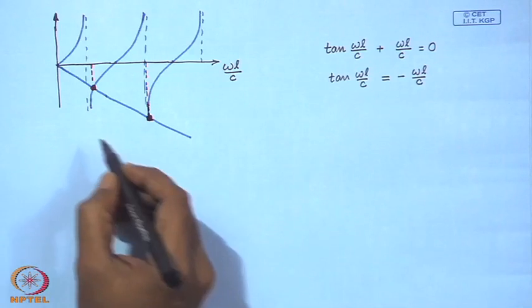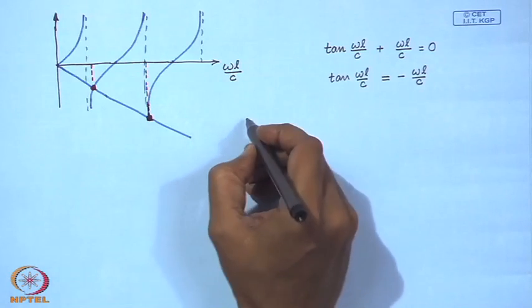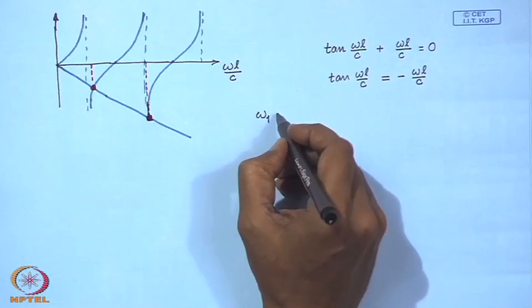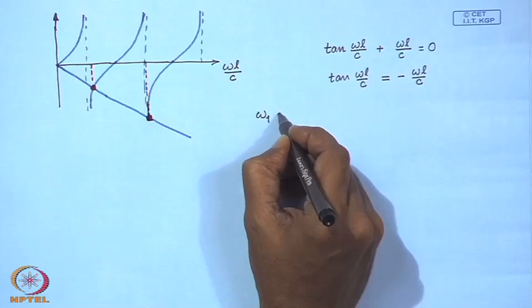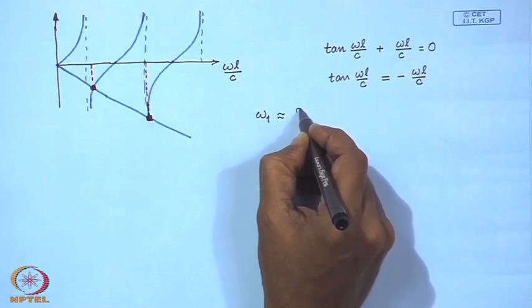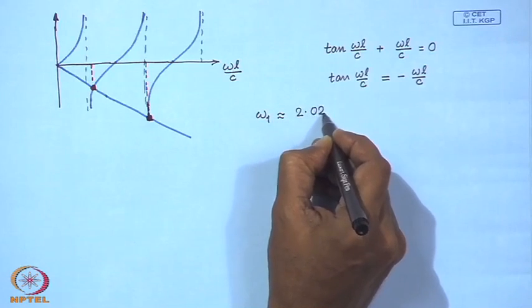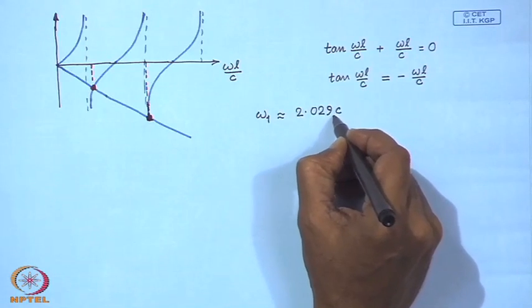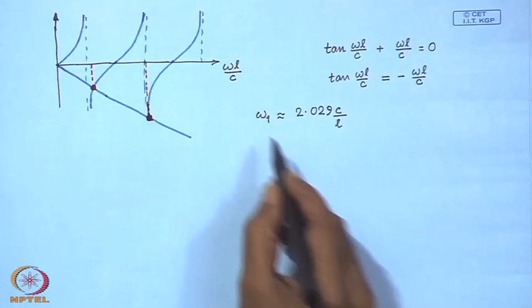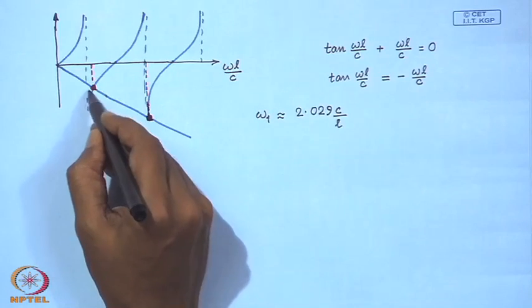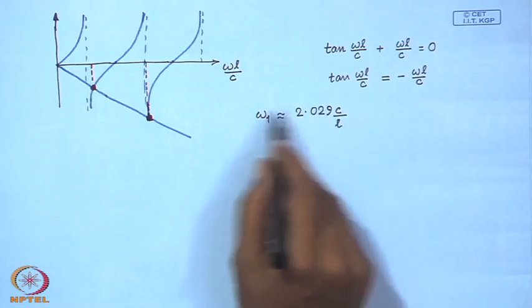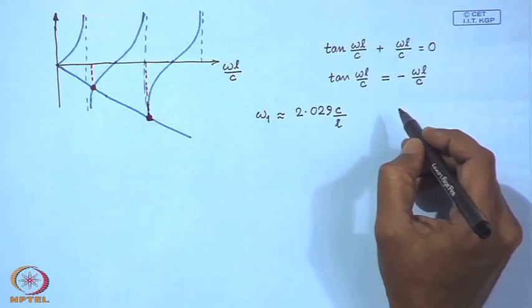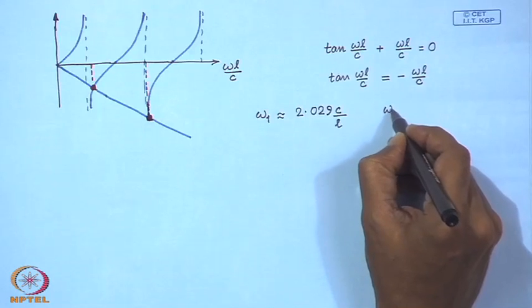So, these solutions are obtained, so the first intersection gives us omega 1, which is 2.029 c over L. Similarly, omega 2